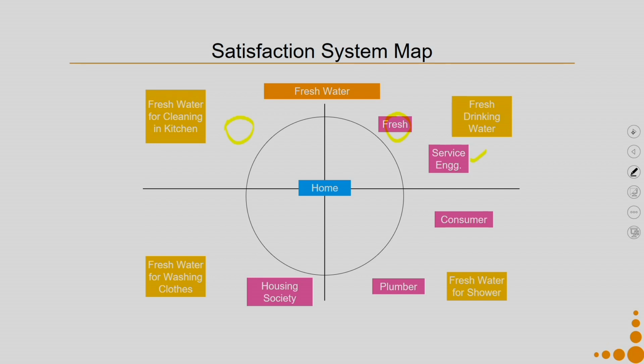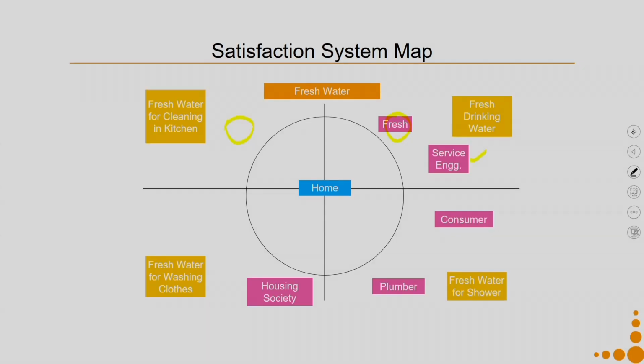Because from my idea table I am coming to this step as the next step, I already had an idea: why not have the water purification system owned by the entire housing society, with the connections coming to individual households? In case we want to go ahead with that idea, I would also need to bring in the housing societies. Say, for example, because I am talking about fresh water for washing clothes, can I have some kind of collaboration with washing machine manufacturers, since I am going to provide higher quality water in this case?